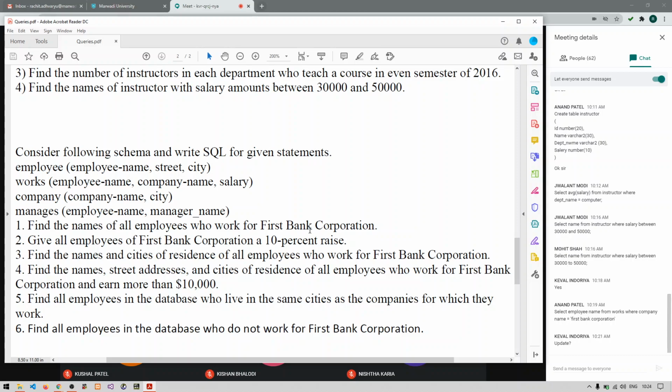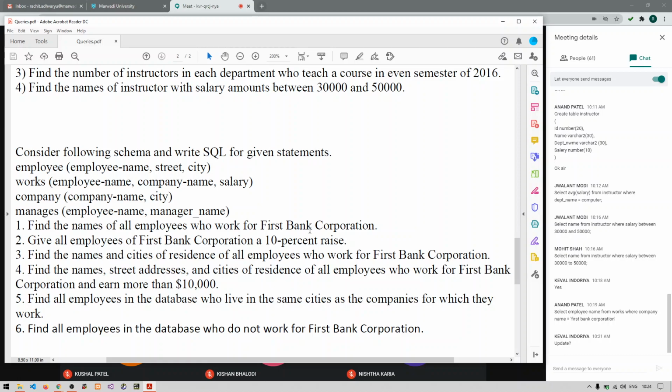The answer will be select E dot name comma E dot city from employee E comma works W, where E dot employee name equals to W dot employee name and W dot company name equals to First Bank Corporation.